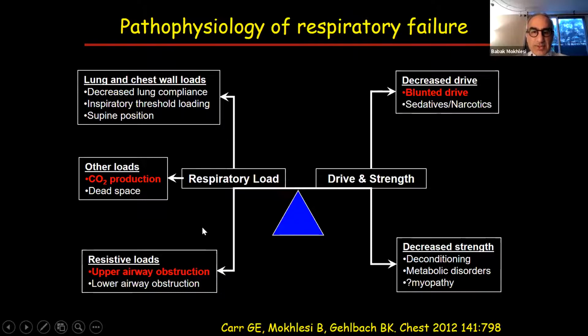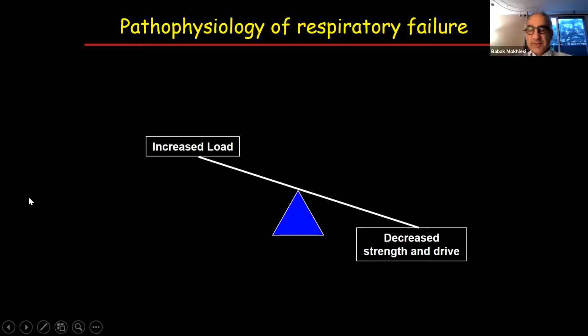On top of that, they have increased resistive loads, not only from the thoracic, chest wall perspective, because of all the adipose tissue, but also upper airway obstruction, which can also increase respiratory load for them. And obviously, when this balance tips over, so these patients almost live on the edge, if you will. So if you are at a pH of 7.38, a PCO2 of 53, and you develop a mild viral infection